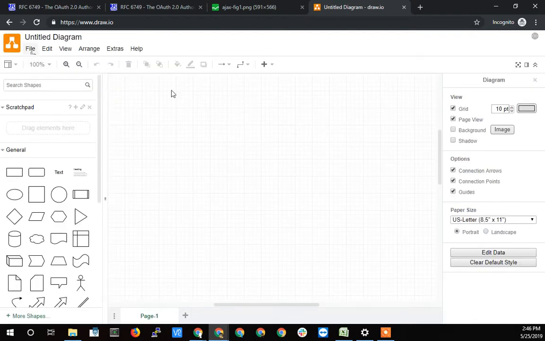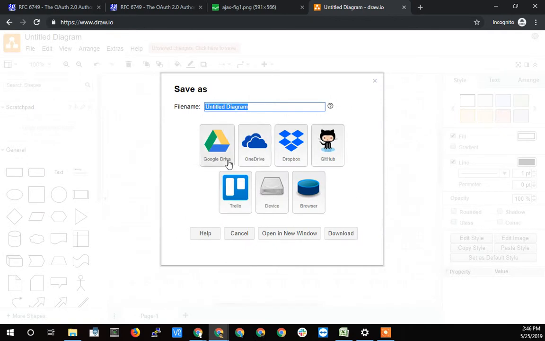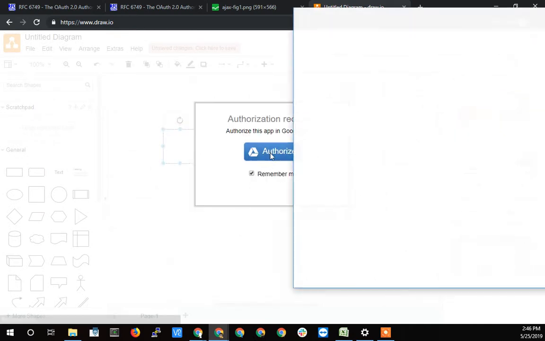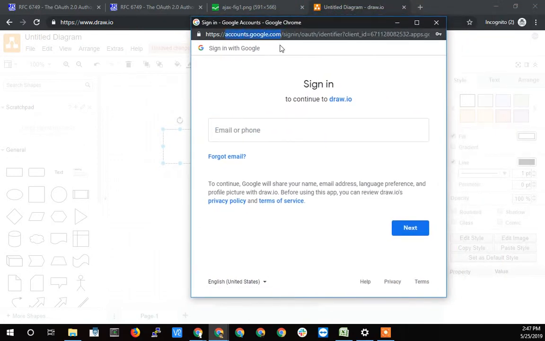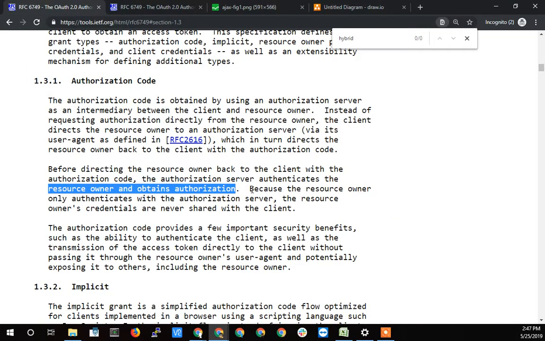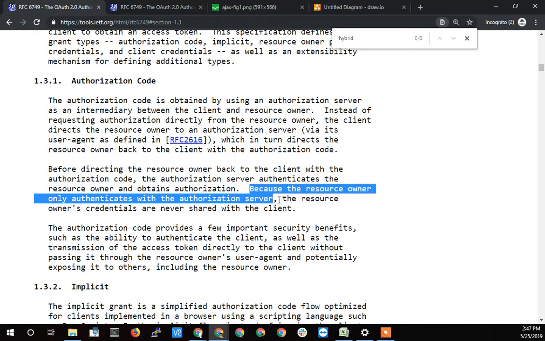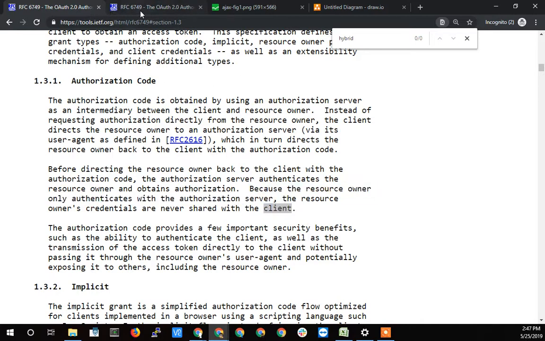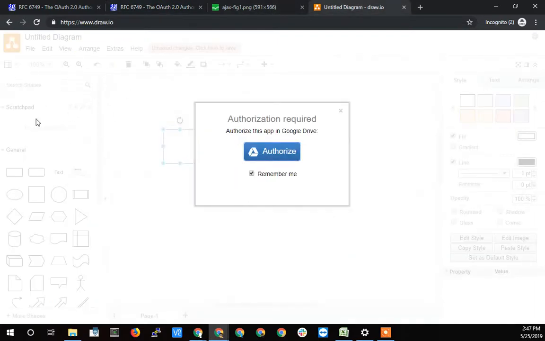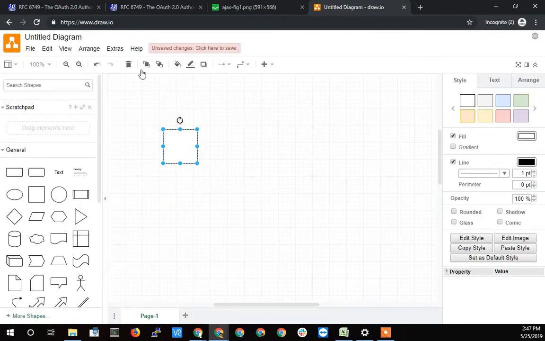we draw something and we go File, Save, and we say we're going to save it to Google Drive, and we click this Authorize button. Now we're taken over to accounts.google.com. I am not sharing my Google Drive password with draw.io. I am going to use my username and password directly in Google. So I'm not giving this third party my credentials, and that's obviously the whole point of this thing. That's because the resource owner only authenticates with the authorization server, again, accounts.google.com. The resource owner's credentials are never shared with the client, and in this case, the client is draw.io. Now, draw.io is a JavaScript application on the front end, but I'm assuming it's going to send information back to its server, and the server is going to do the